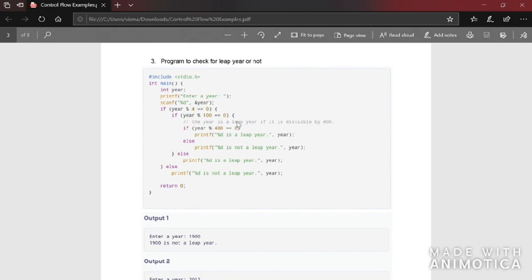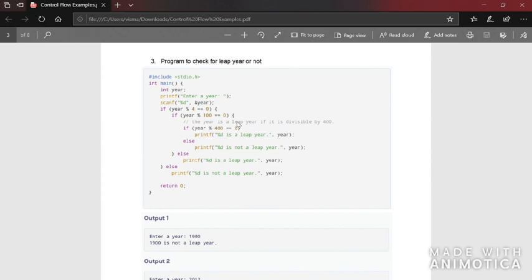Now let's see a program to check if a particular year is a leap year or not. A year is said to be a leap year if it has 29 days in the month of February. It can also be said in the same way, but here they are checking mathematically, that is by checking the remainder when you divide the particular year by 4, 100 and 400. After comparing the remainders you get, you find if a particular year is a leap year or not.